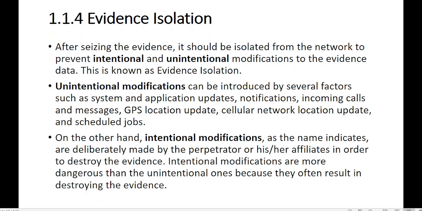So with that understanding, the same applies to evidence isolation, like unintentional modifications. These are things that happen within the system, like application updates. They just happen. They trigger. There are some kinds of triggers that happen: notifications, incoming calls, right? So with this one, we can always handle these unintentional modifications. We're going to see how, to some extent, we can handle them, like the GPS location and cellular network. We can always handle these modifications so that they don't escalate. Some, not every modification. The other one is intentional modification, and this one becomes a little bit